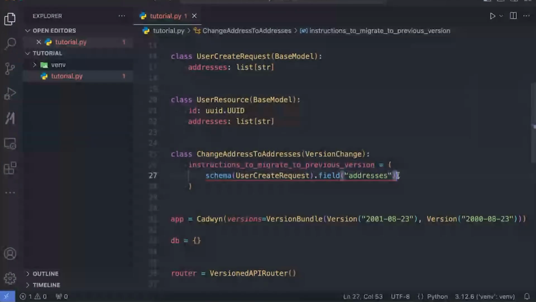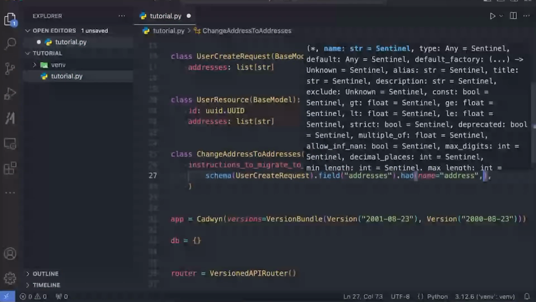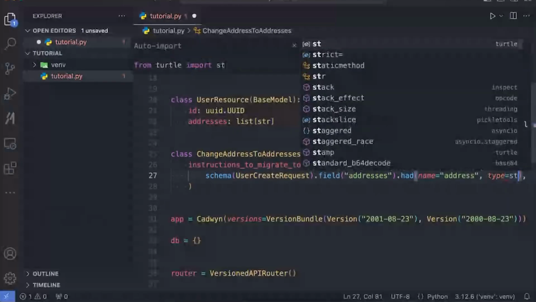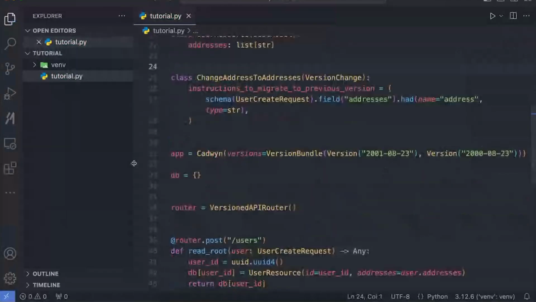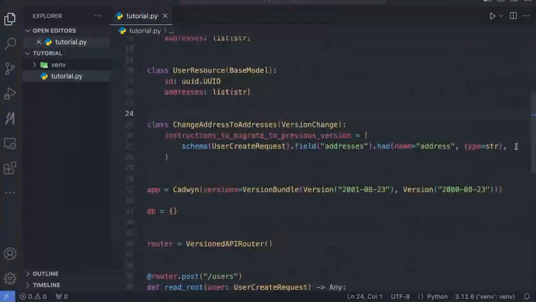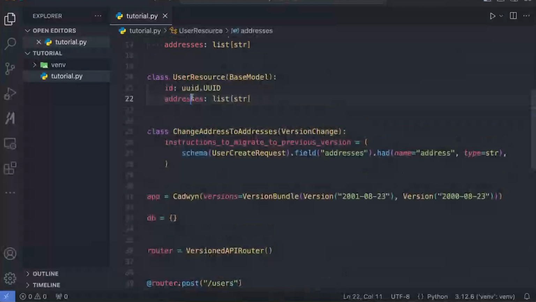And so we say had, so field addresses had name equals to address and type equal to string. So now it has, let me make that bigger. Now it has type list of strings and it has the name addresses, but in the past it was a single address with a different type.